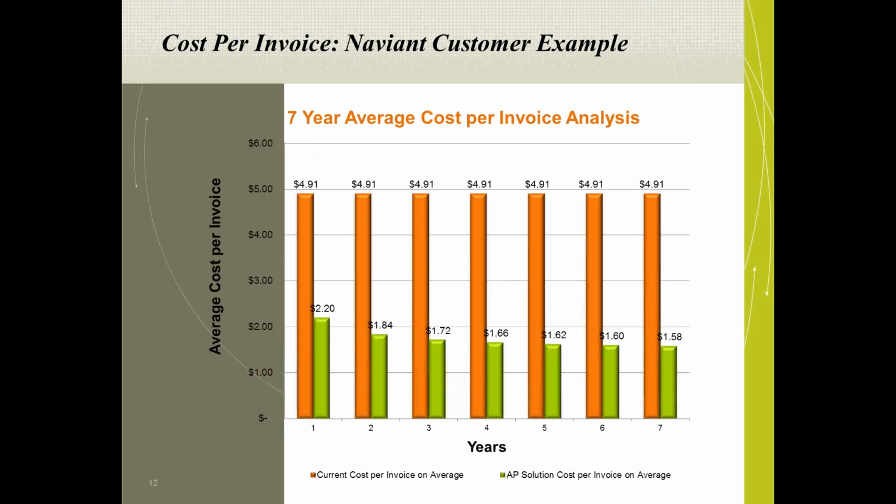One example of a customer that Naviant has worked with in the past, they came to us stating that our cost per invoice is $4.91. And as we started engaging with them, after the first year, we were able to see their cost per invoice drop to $2.20. And over time, I think right now we're in year 6 of that implementation, you can see that those costs continue to be squeezed out